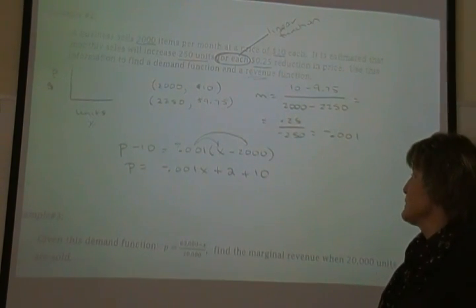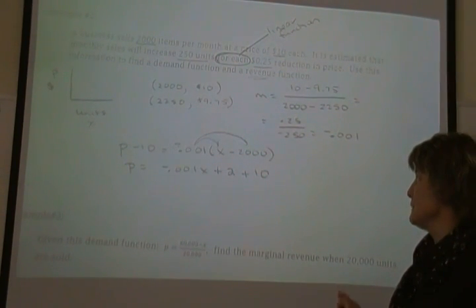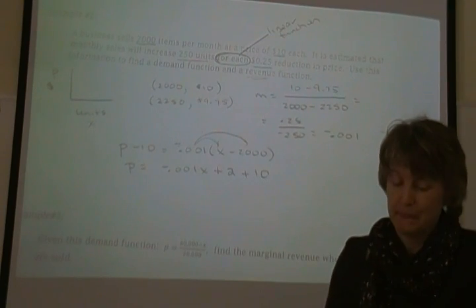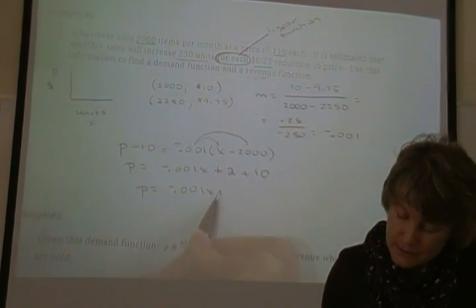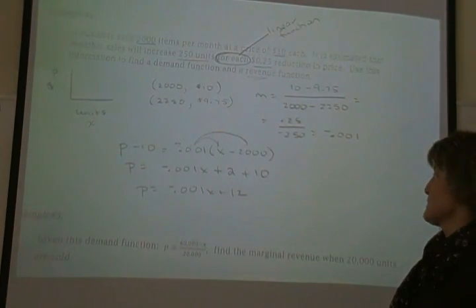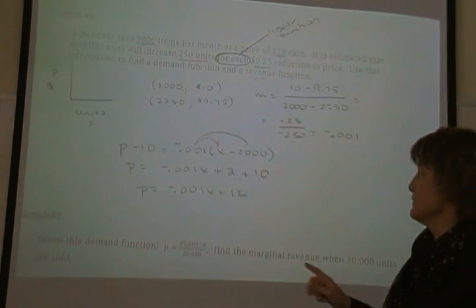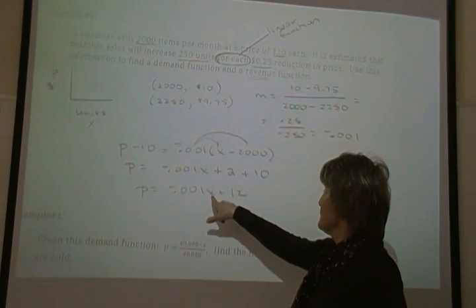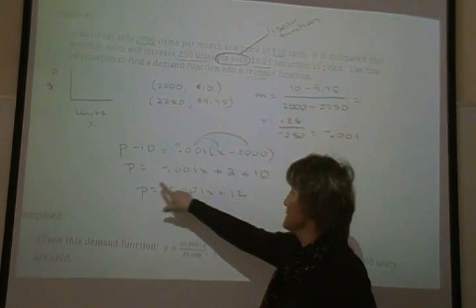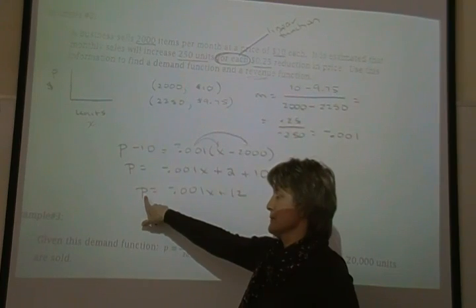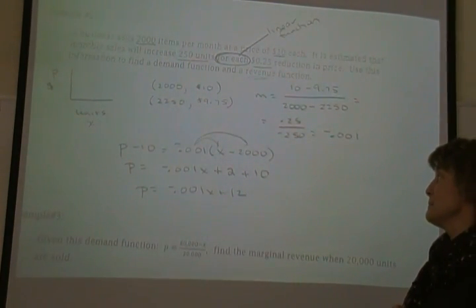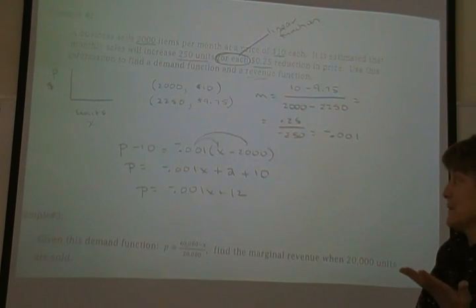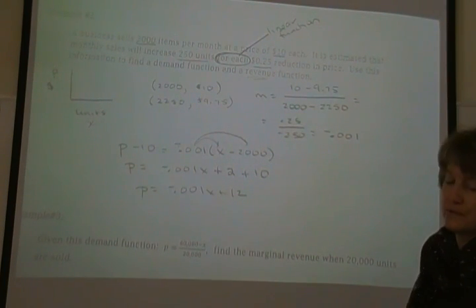So I'm going to add 10 to both sides as well, so that it says p equals instead of p minus 10. So when all's said and done, there is my demand function. It's relating the price and the number of units sold. If you tell me how many units I sold, I can tell you what the price was, which isn't always as helpful as knowing, if you tell me the price, I can tell you how many I sell. That's a little more important, but for now,